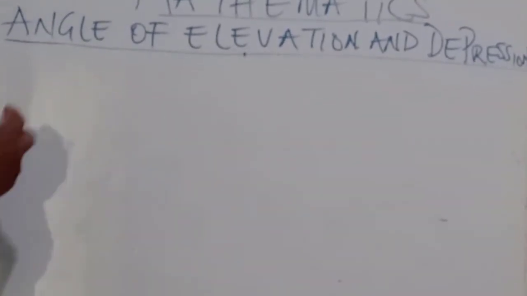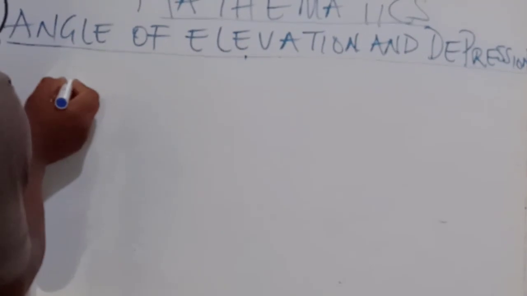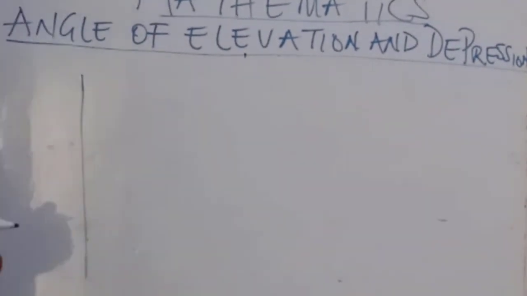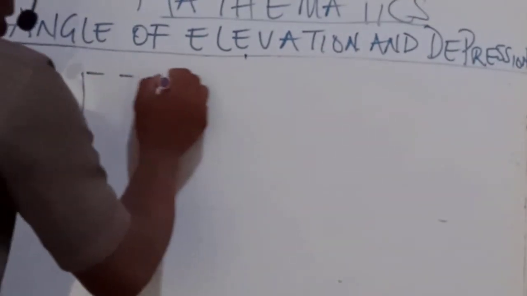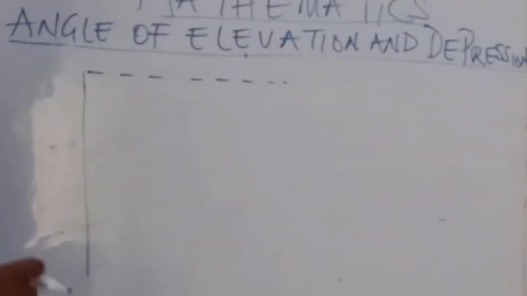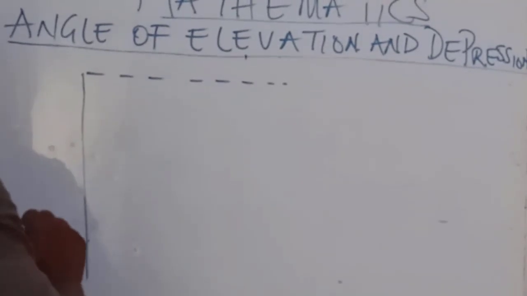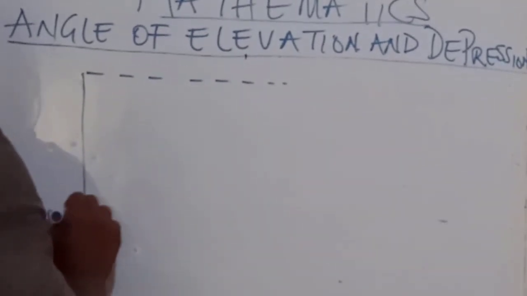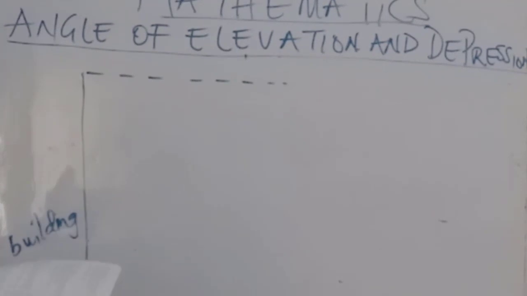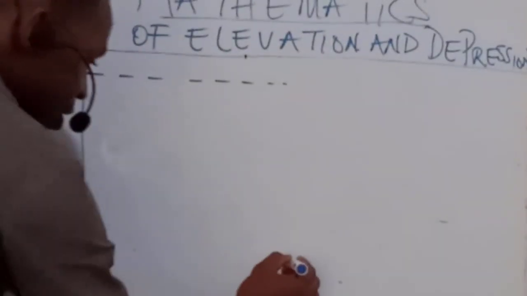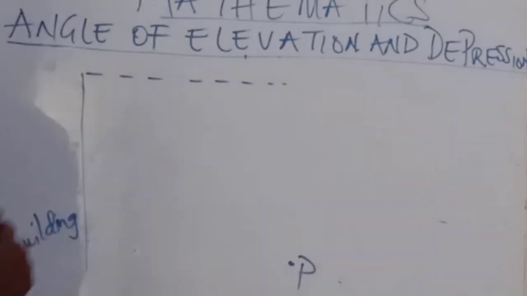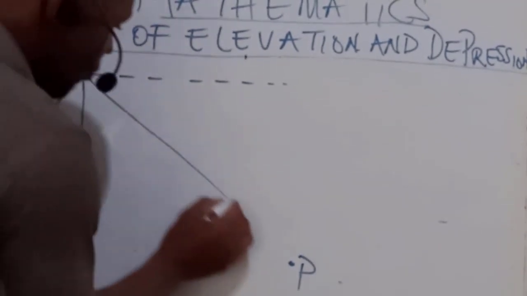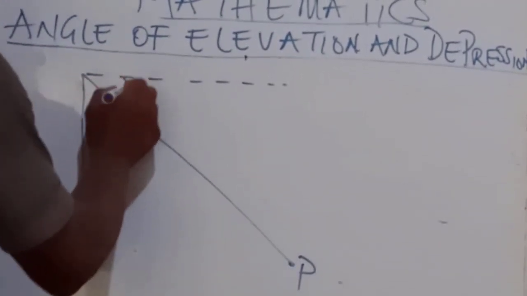So, I will use a straight line to identify the building. Now, if I use a straight line, it means there's a normal line of sight. And then this is my building, remember? And if the angle of depression of a point on the ground from the top of a building, so let me assume that this is the point on the ground. I will use P to indicate. Now, if someone looks down from here, it means that the angle of depression is